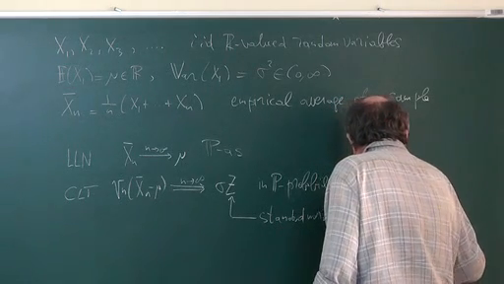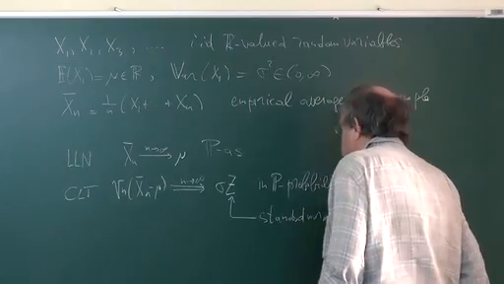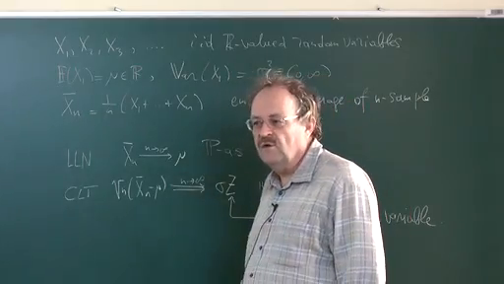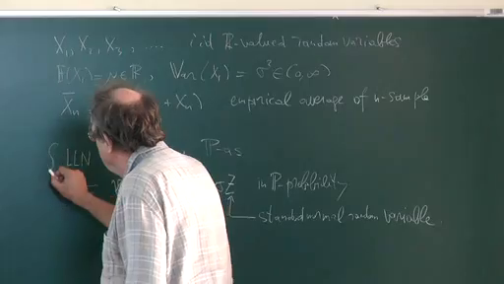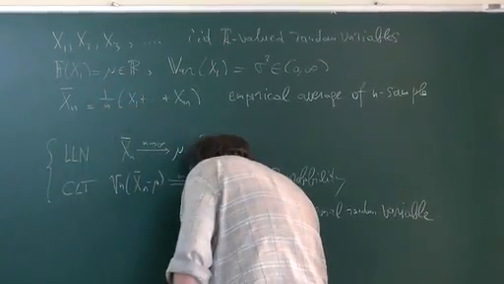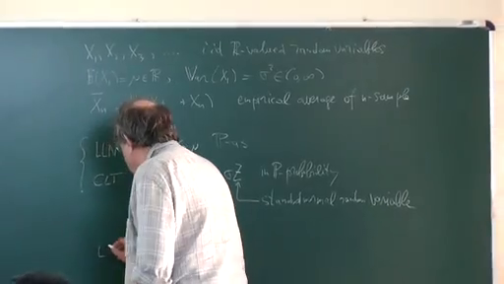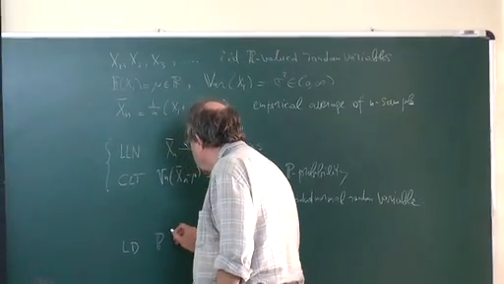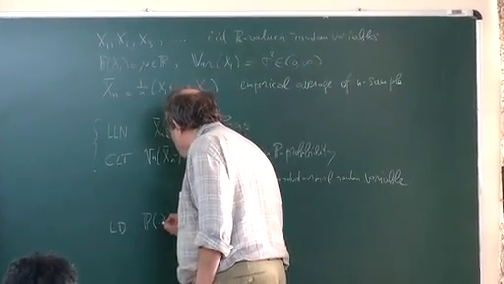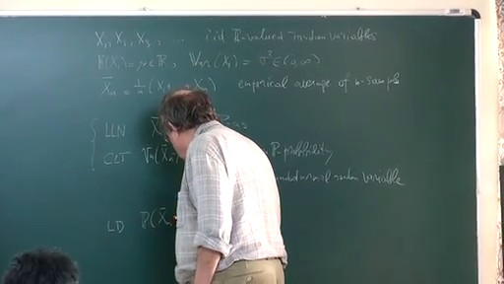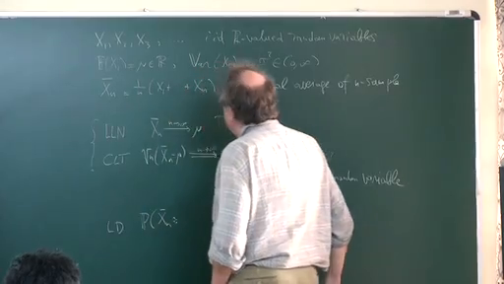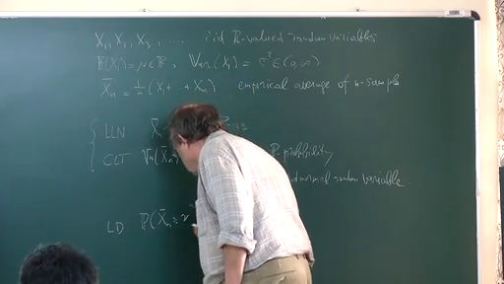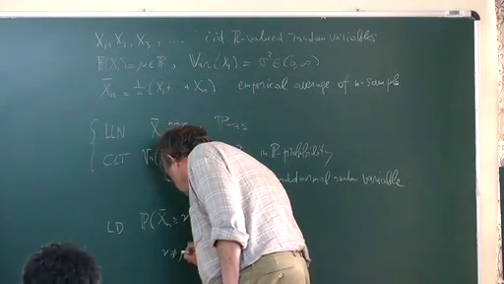Right, so these are very basic facts from probability theory, having been used over and over again in many settings. And now, what is large deviations going to do? It is asking the question, what is the probability that this empirical mean is close to a certain number, let's say nu,